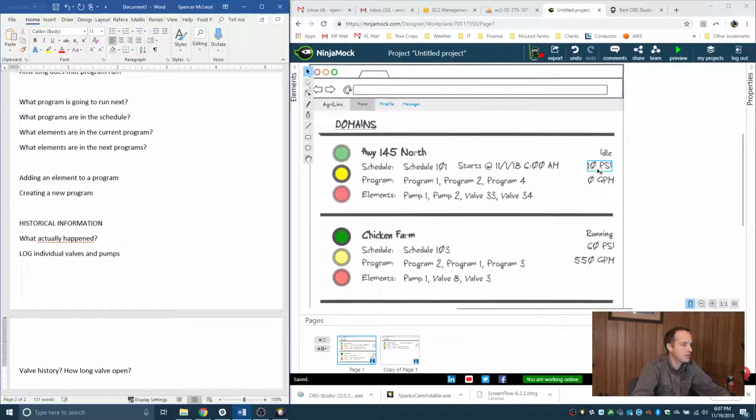And these should be dynamically updating too. So that pressure should be giving me an update of what's going on. Same for the flow, what's going on here. And then as this thing changes, as we move from program 1 to program 2, the system would do that. We see what elements are on and off. And then we also need a button. I don't know if we want these to be the buttons, but if I wanted to stop, like this is currently running, I want to stop this, and maybe I need to click this button here to stop it or give it a go,